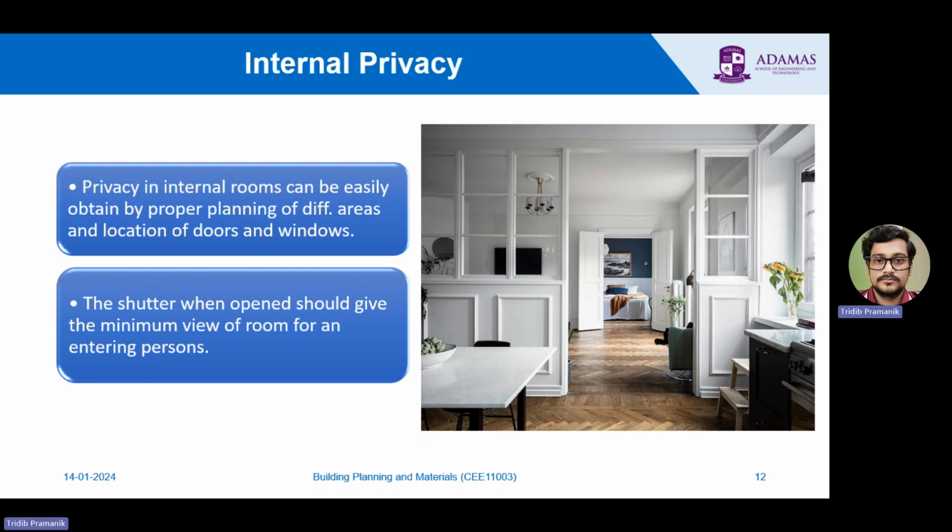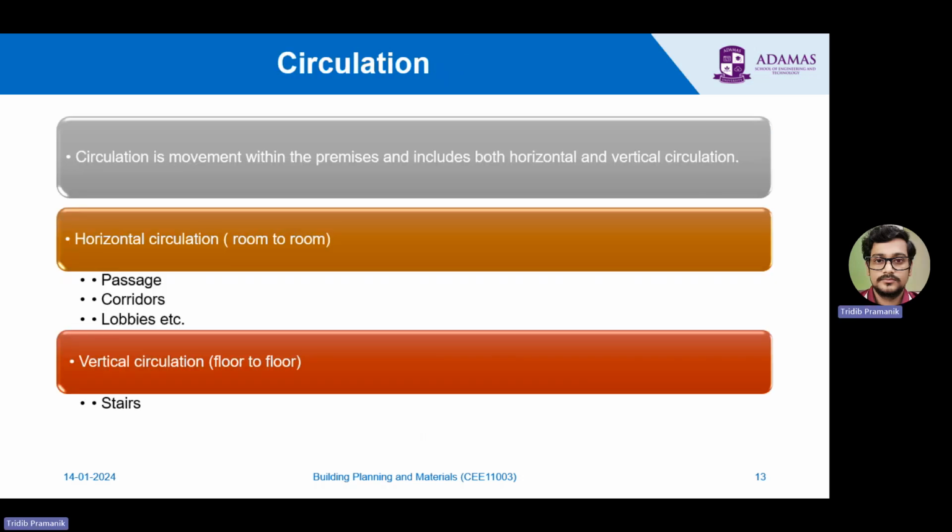So how can we do it? We can provide a shutter door, or we can do it by providing the door and window in an appropriate position. The third one, the fourth one is